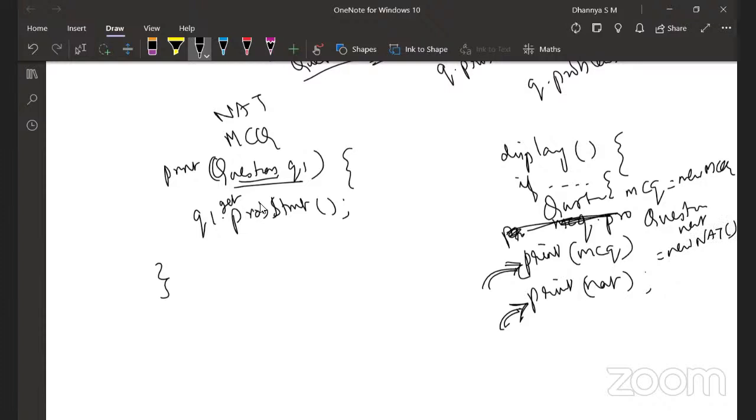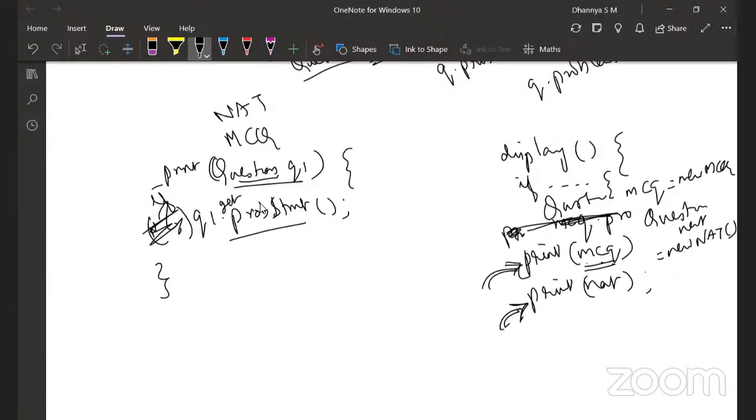See, Question Q equal to new Question. Then I specifically want to invoke the print method, the get problem statement method inside the MCQ class, not the Question class. But I can transfer it here, and then I do a typecasting. I check which is the instance of this one. If it is of this instance, I invoke this, otherwise. So we will actually come to that. This dynamic method dispatching is at runtime.